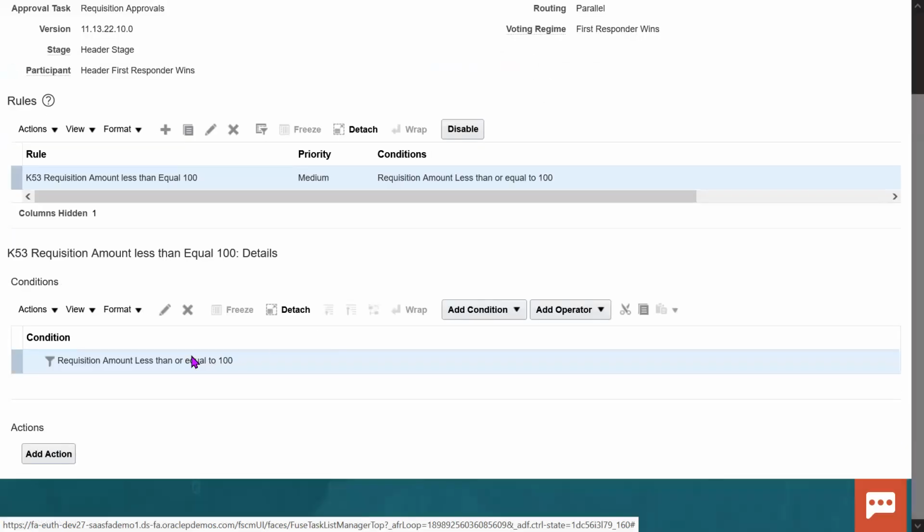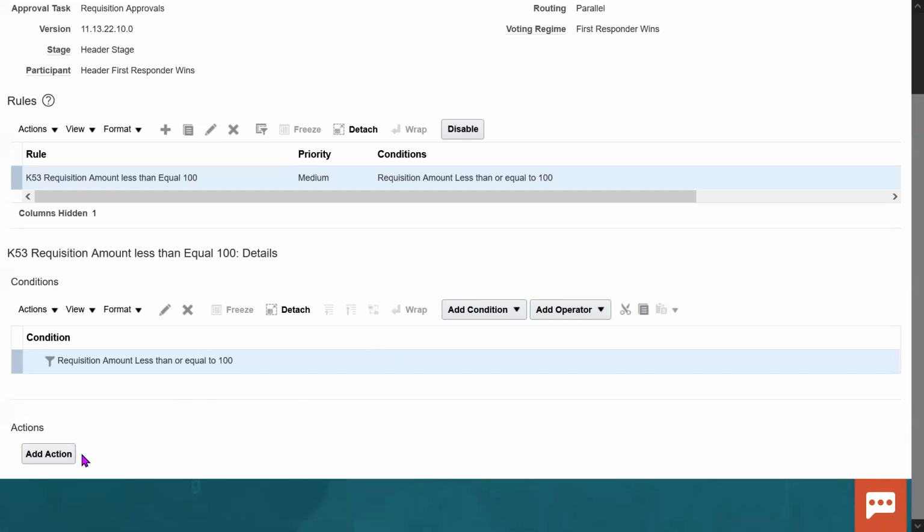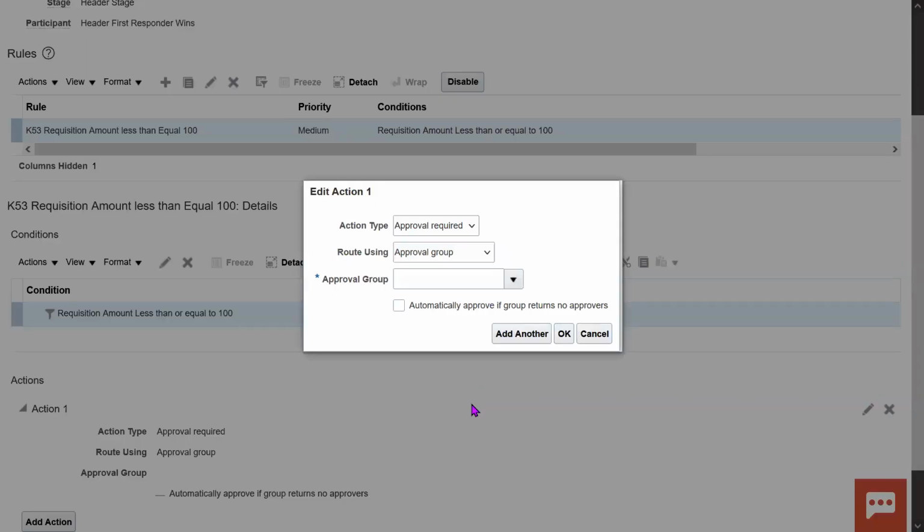I've just written only one condition, but like this we can write a lot of conditions. I'll configure one by one, and I'll explain one by one. And if I go to actions, see here, click on add action. If the requisition amount is less than or equal to 100, what is the action that you want to take? You want to route for approvals. So here approvals are nothing but, suppose